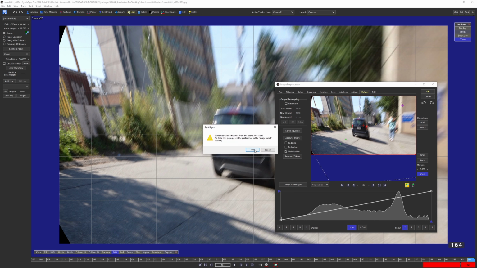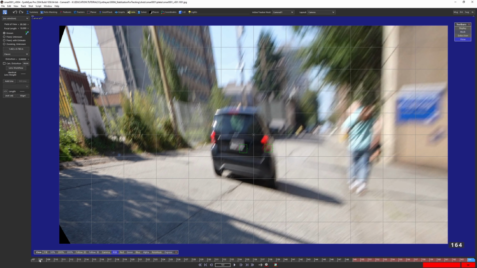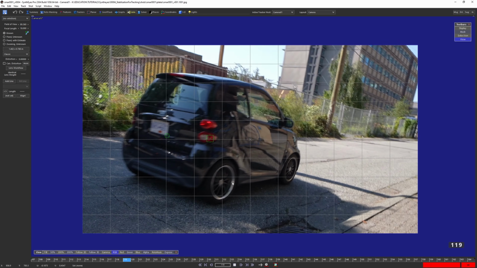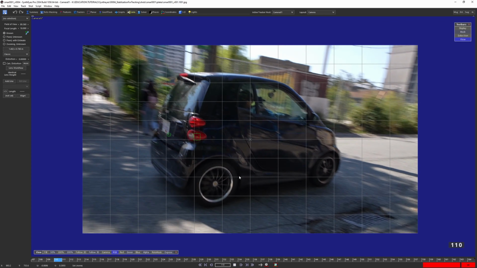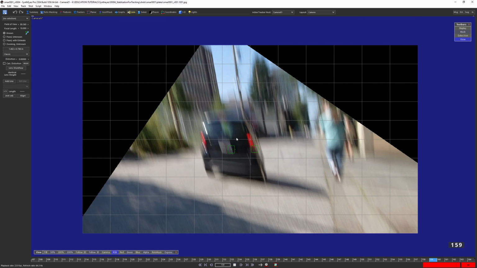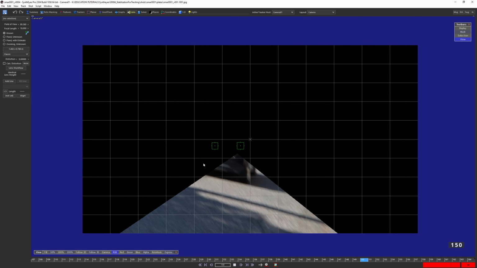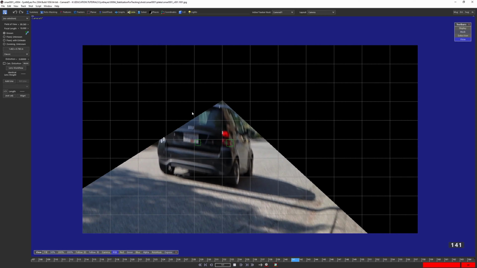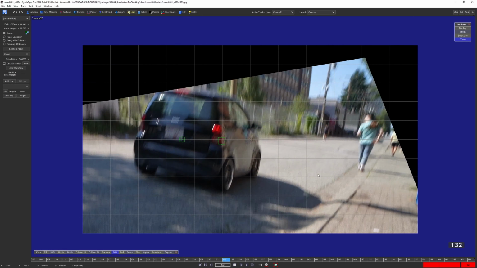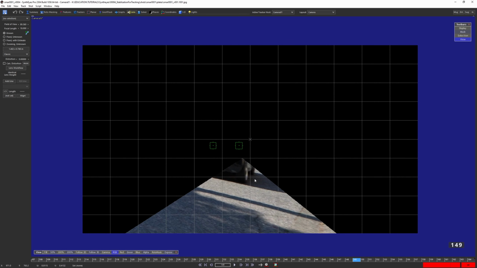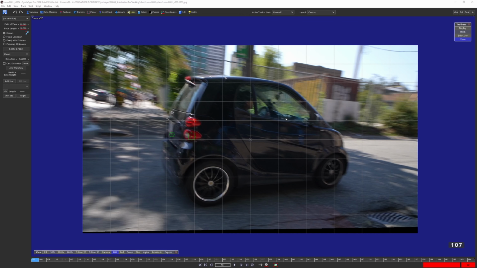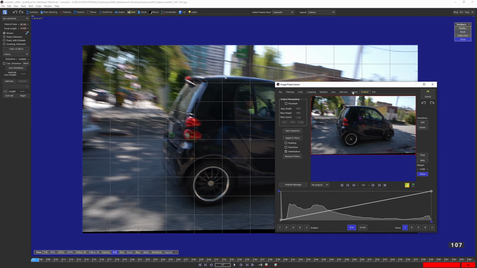Might not be a bug, might just be a limitation. So you can see that we've tried our best to keep the car a little bit more consistent throughout the shot. Even something like this, it's going to be easier to use by hand on our trackers, but admittedly, it's probably a bit extreme for what is going on here. So I'm going to hit P. I'm going to remove our